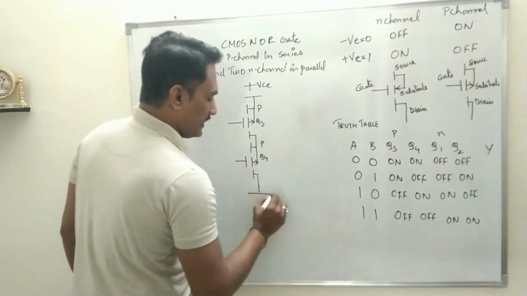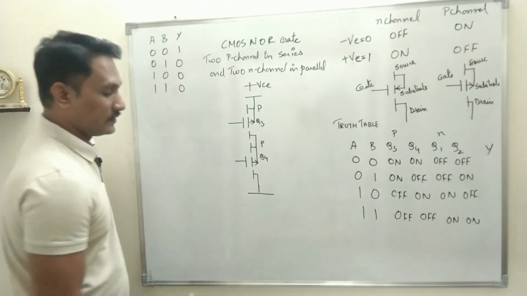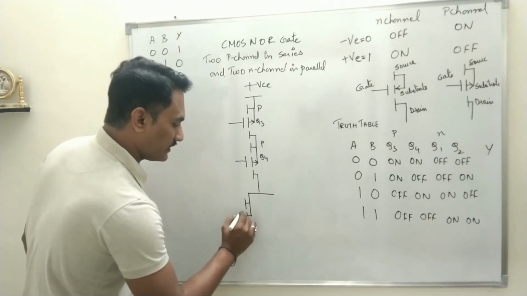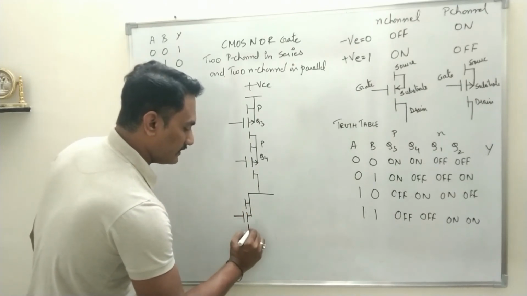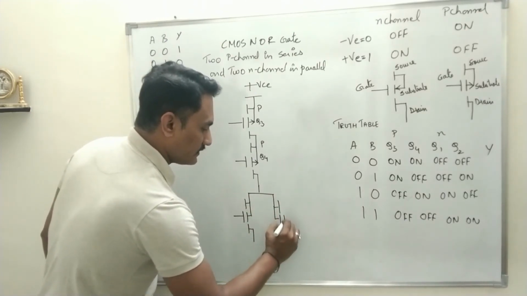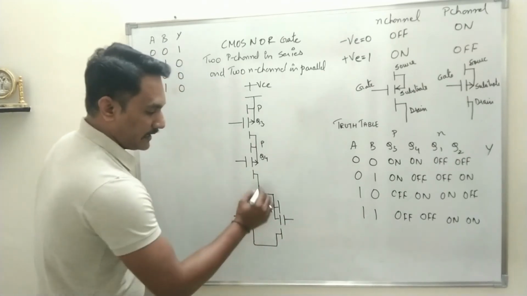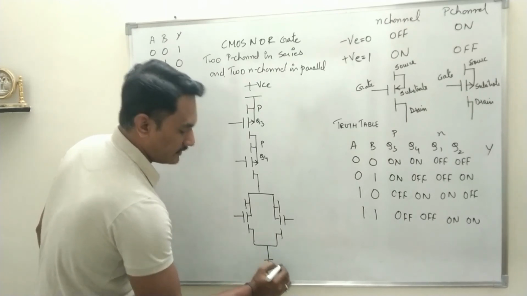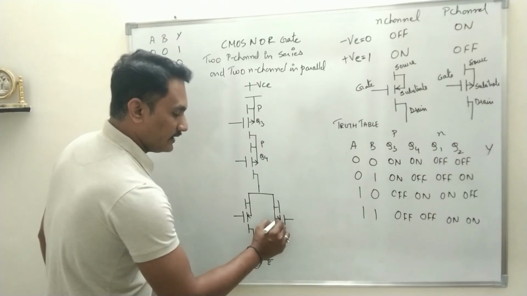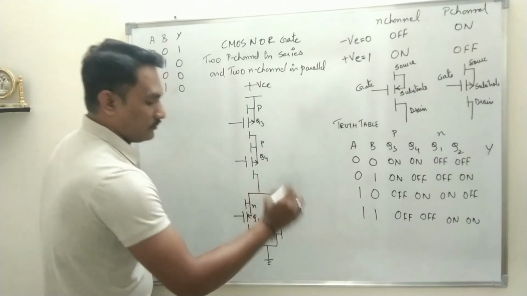Then 2 N channel in parallel, so we bifurcate the terminals. Again, source internally connected to substrate. In front of the substrate, gate and then drain. Again, source internally connected to substrate. In front of the substrate there is gate and then there is drain terminal. They go common in parallel and then it is connected to ground. So these both are N channels, so the arrow mark will be inward. Let this be Q1, Q2, both are N channel.